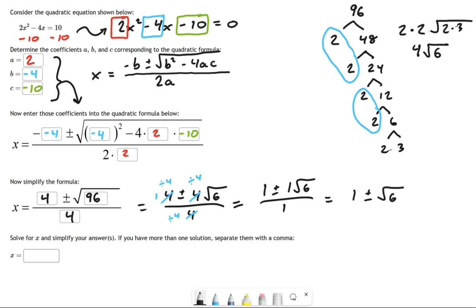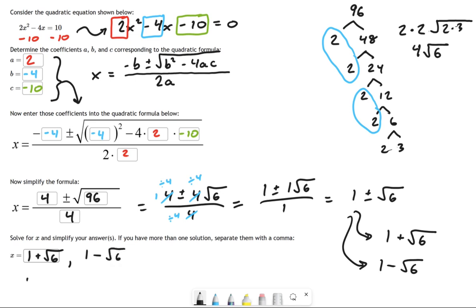Not so bad, but that square root 6, you can't do anything with it. So we're going to write this as two answers. One of those answers is 1 plus square root of 6, and one of those answers is 1 minus square root 6. And for this one, you can simply say those two things. You use a comma to separate them, like this, and there's your two answers. You could also write it this way, and as long as it's simplified, the computer will accept that. The computer's smart enough to know what that means. Okay? So this is called an irrational answer, meaning it doesn't simplify to a nice fraction. You have that ugly little square root stuck in there. But that's our two solutions for x.